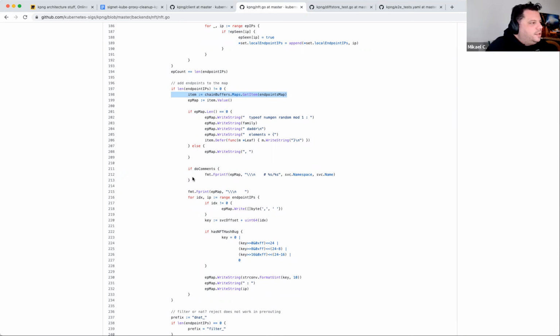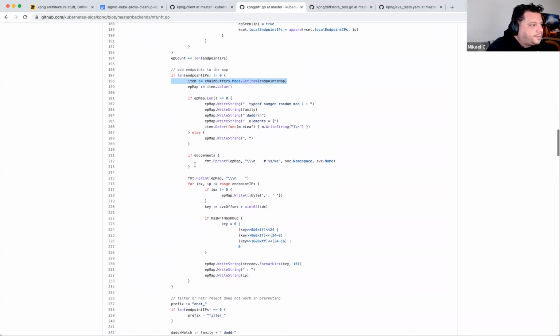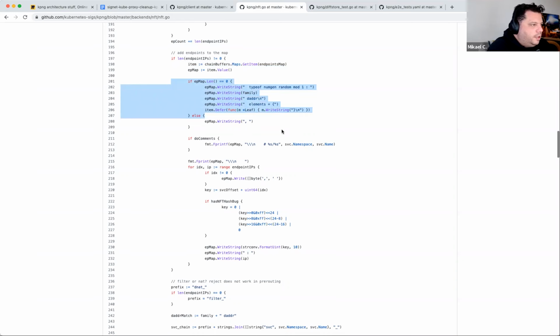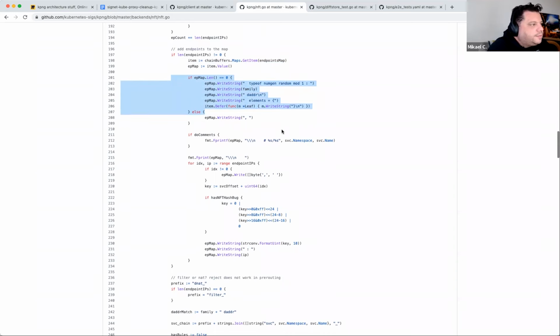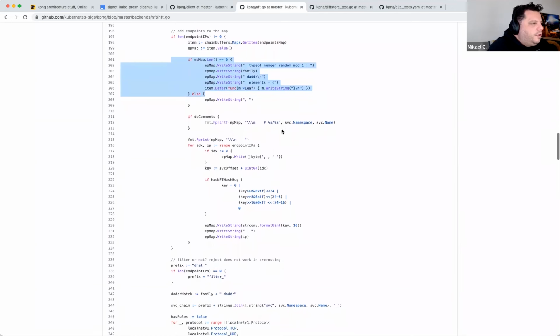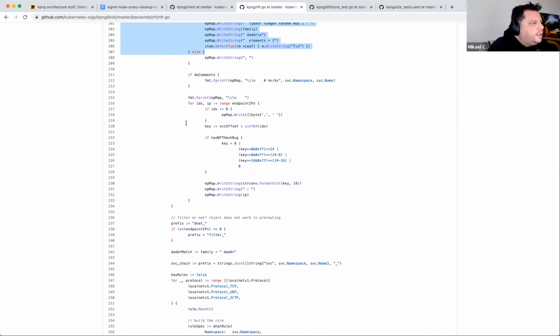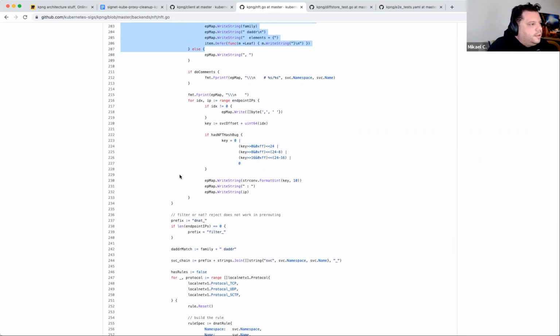So what I do for the endpoint map is I just write the map elements. What you can see at line 202 is the definition of the map with IP family, destination address, and then the elements. There's this defer thing on store items that allows you to call things at the end of your rendering when you call run deferred. And then I just write the entries of the map. Got it.